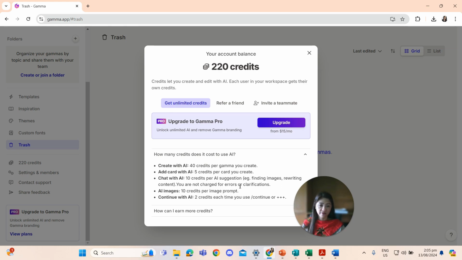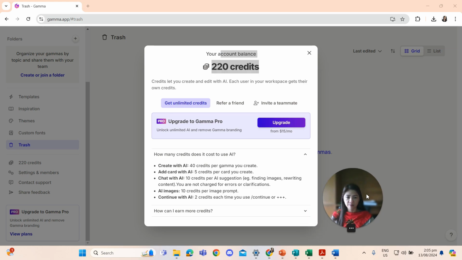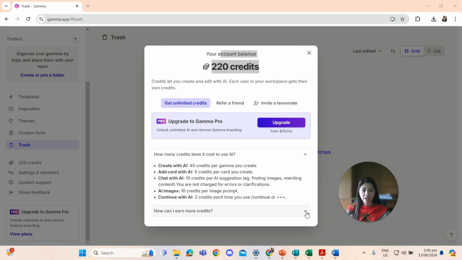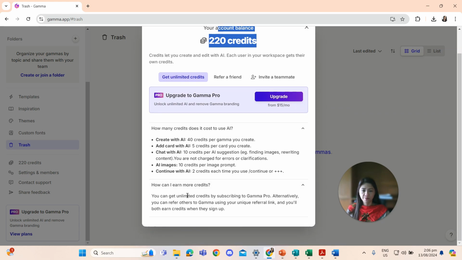We can review that later on once you have your account on Gamma. Then, of course, let me check this. How can I earn more credits? Of course, we have to avail of the Pro account, or alternatively, we have to refer this application to our friends. There is a referral link, and you earn credits when they sign up.